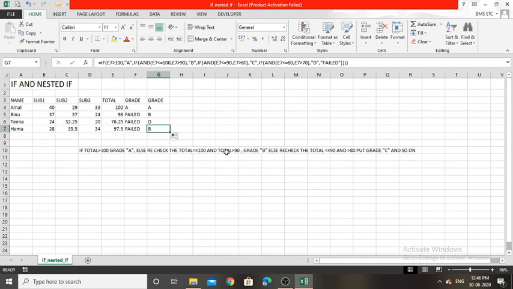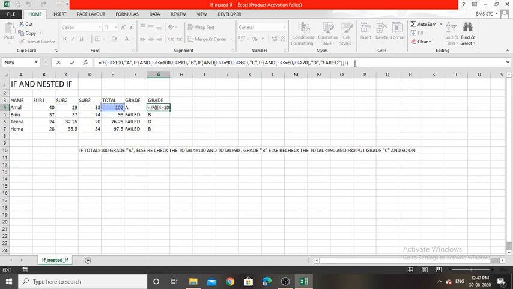Do the practical session of this nested if, because so many errors can happen while you are applying the nested if condition, like closing the bracket issues, like the argument values issues. So these two kinds of problems can occur while you are doing the practical session of nested if. So keep trying and get thorough with the bracket closing places, and also get thorough with the argument values. Just be careful with the arguments and the commas and also the closing brackets.